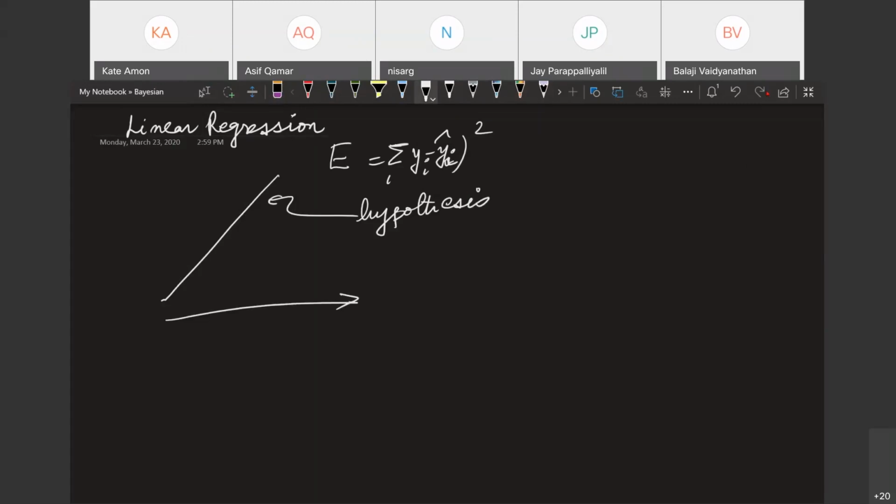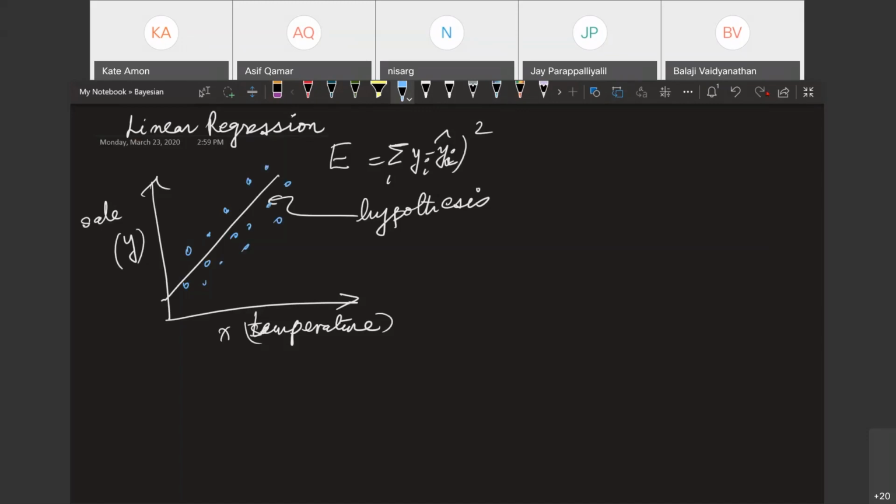And this is your x-axis, the temperature, and the y-axis is sale of ice cream. This is the example we took, and let us just mark the data points somewhere around this. I think enough data points. So we realize that this is, maybe the mouse has become too big now. Are you able to see the pointer?